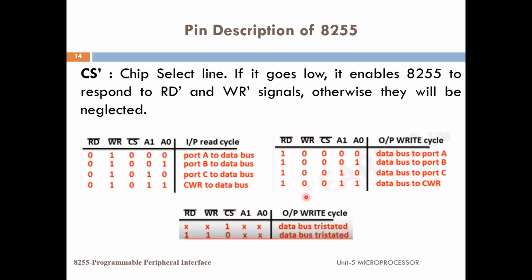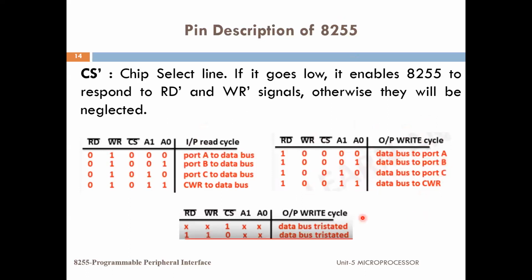So it means that we are performing the write operation only, and the value of chip select is again low, because we have to enable the 8255 so that the write operation can be performed. We have the combination of A0 and A1 with the same notations, so port A, B, C and the control word register would be selected. Since we are performing the write operation, the data is coming from the microprocessor via the data bus and it will be written onto port A, B, C and the control word register.